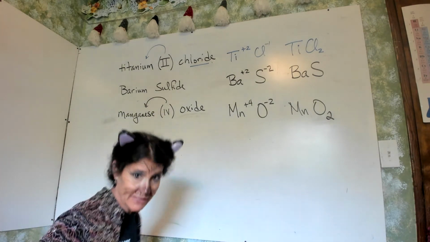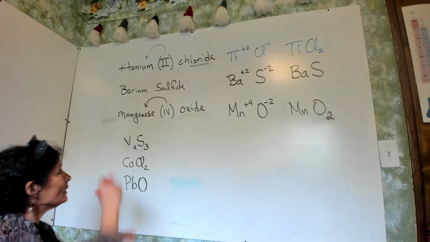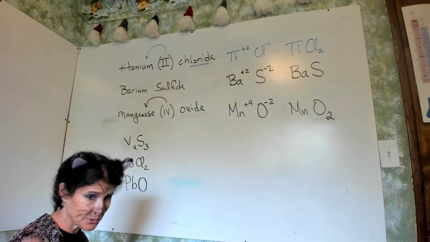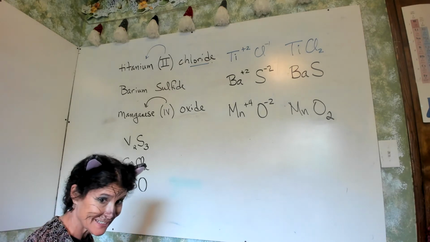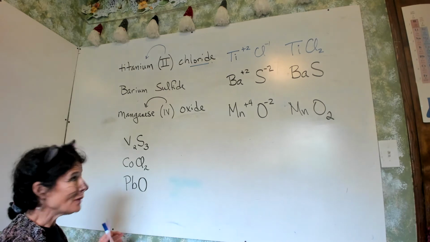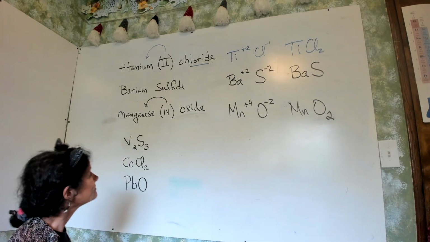Now, if I give you symbols, we're going to segue into where you're going to write the compound name. Now, what these all have in common is we're doing ions. We have stepped beyond your study set. You watch this video, the first page of the lab, you should be able to do.